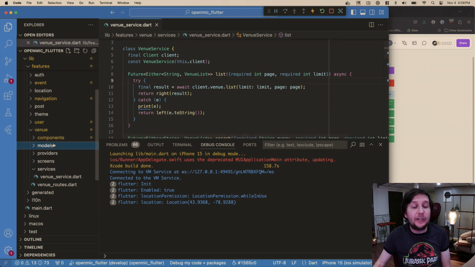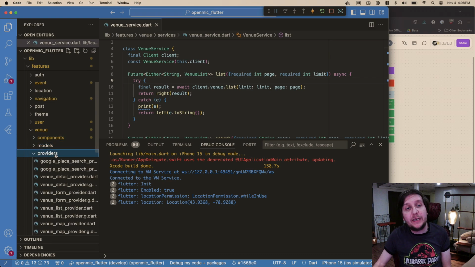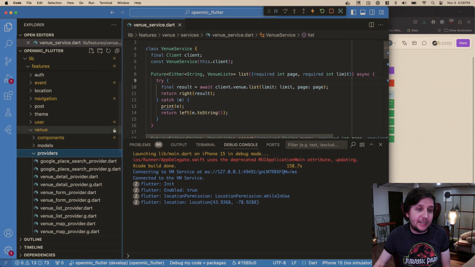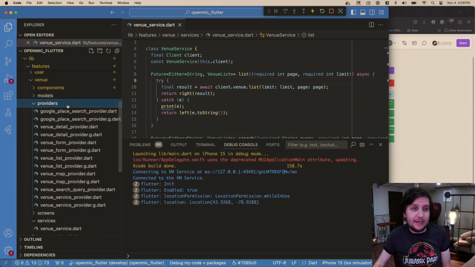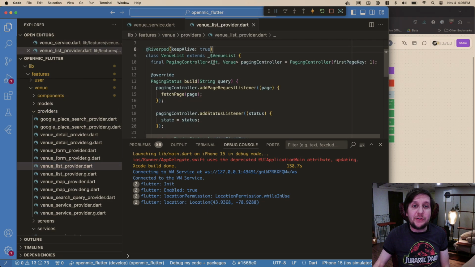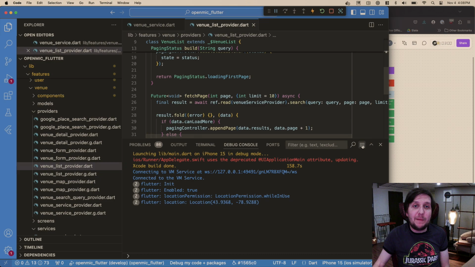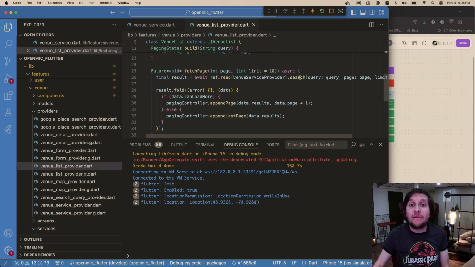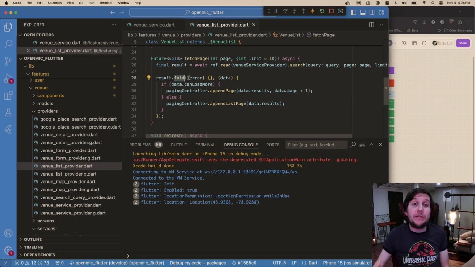So we have our models folder. We have providers. We are using Riverpod for this, and I love Riverpod, and I've used a lot of things, so I'm allowed to say that I like it the most. For lists, we're able to fetch our data by working with that service provider that I was just showing you, get the result, and this is where the Either thing comes in.